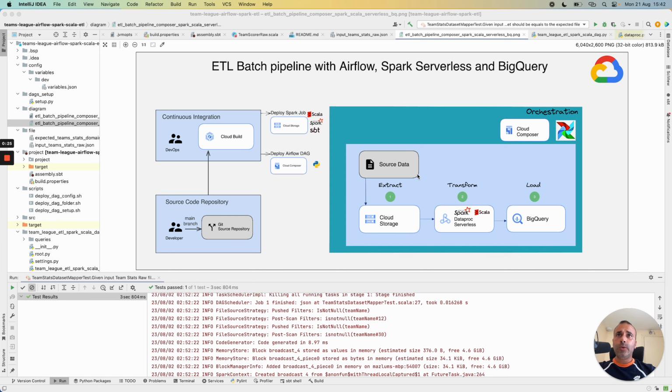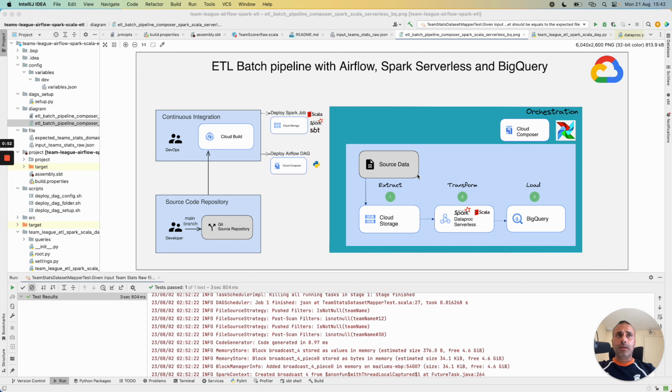Previously, I showed a full use case and example with the deployment of a Spark Scala job with Dataproc serverless. This job was launched alone with the full explanation of the code and the transformation with the Spark job.